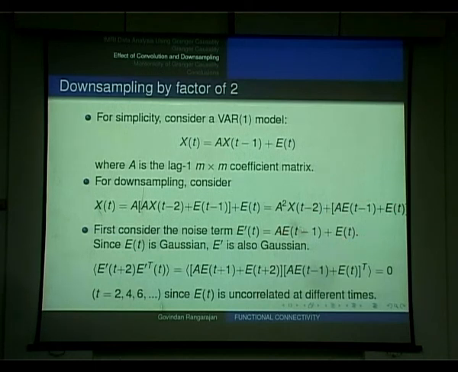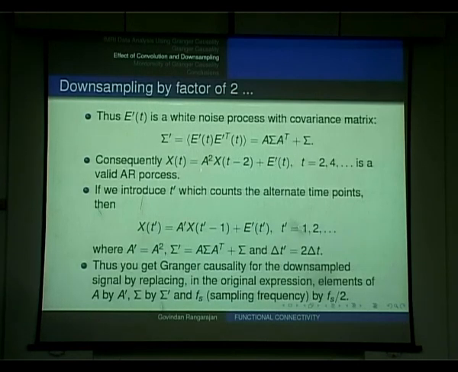I can look at properties of that and I see it's uncorrelated, so it's a white noise process and so on. Let me not do all the mathematics, and what you get is that this E prime process has this sort of covariance matrix. So ultimately, I can